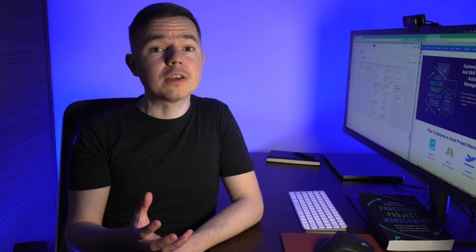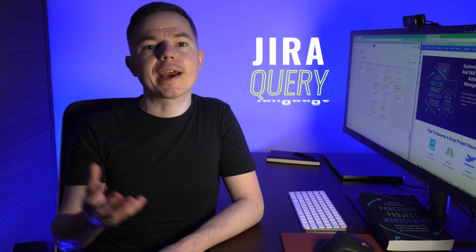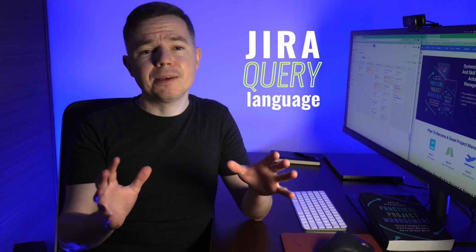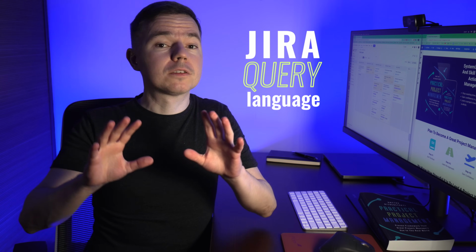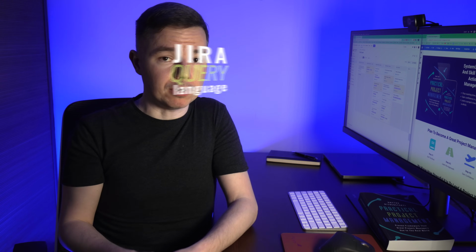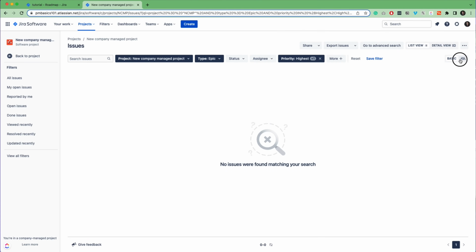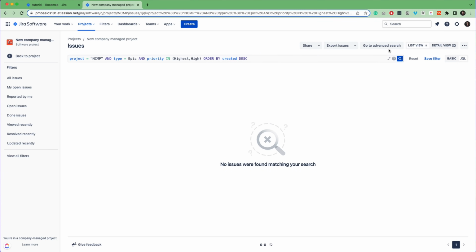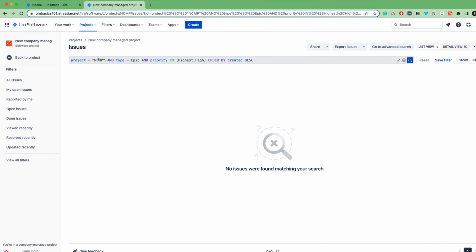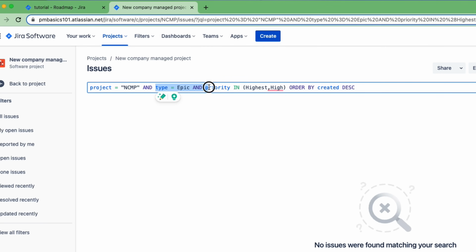But under the hood, Jira has a Jira query language. It's a super simple programming language, and what's more important, it's human readable. So, for example, if you want to find all epics with priority high or highest, the query will look like this: issue type equals epic and priority in high, highest and project gcalc. That's just the short name of our project.